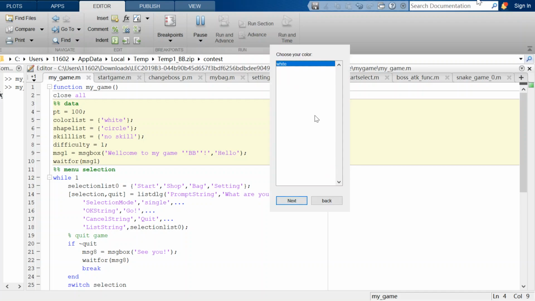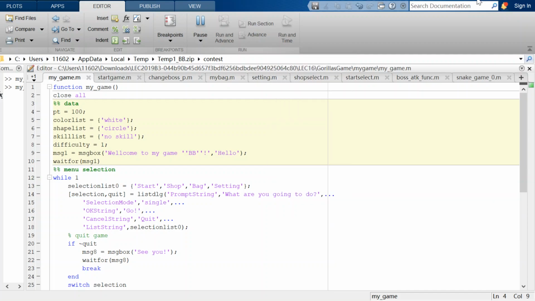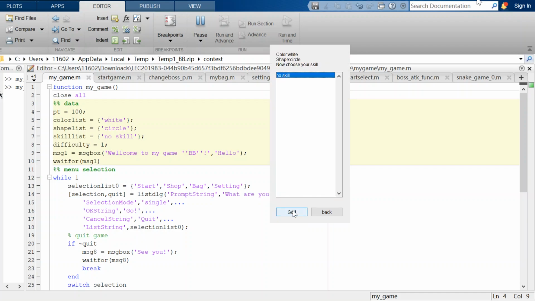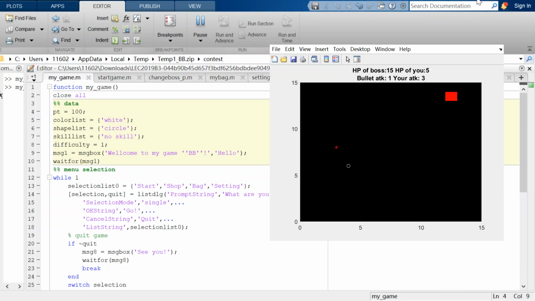For the start option, we will be asked to choose our colors, shapes, and skills. At first, we only have the default ones. And then the game will start. We can move by pressing up, down, left, right on the keyboard. And if we reach the boss, we can press the space bar to attack it,